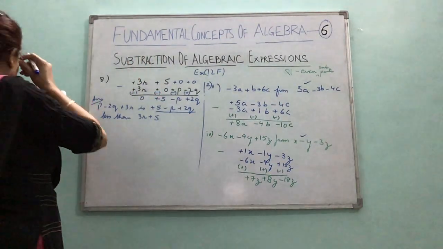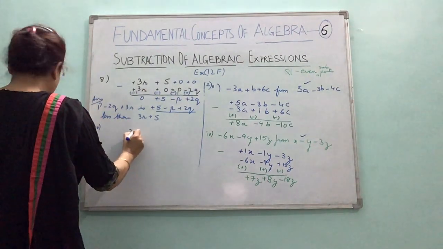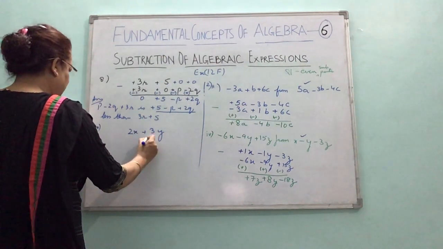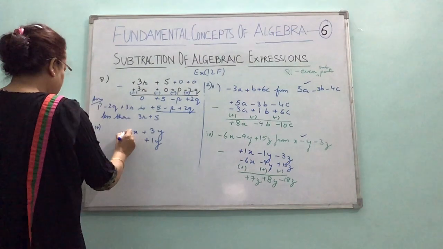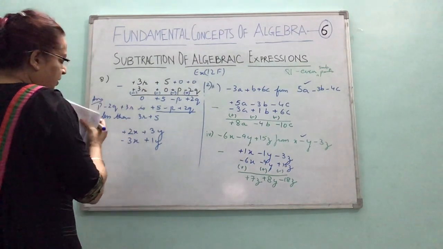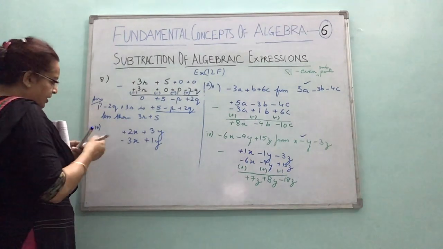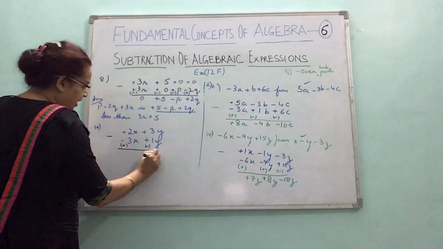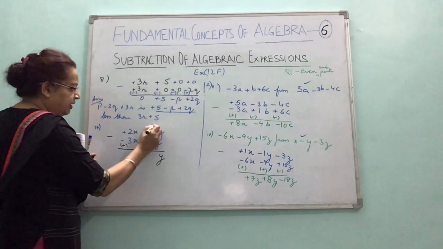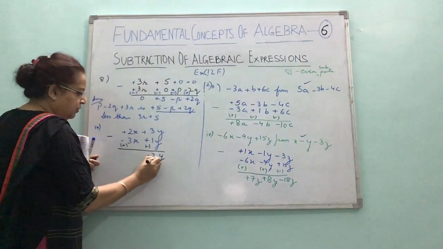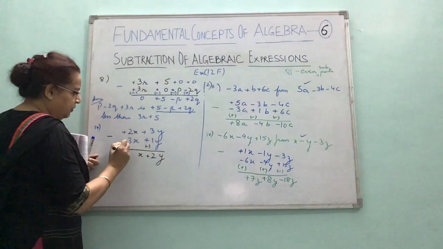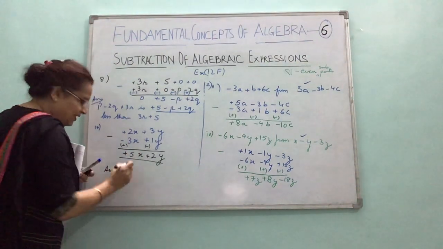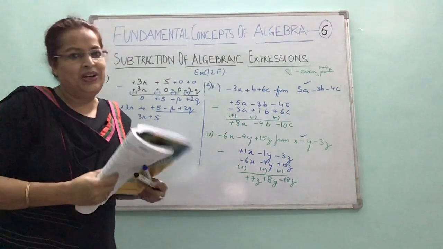So I'll arrange directly now. So 2x plus 3y, and the other one is plus 1y, like term underneath like term, and minus 3x. Now don't forget, since we are subtracting, we'll change the sign. Plus, put it in small tiny brackets, and then just add. Plus 3 minus 1 plus 2y, x plus 2 plus 3 plus 5. And then finally write the answer statement as I have told you according to the language of the question.